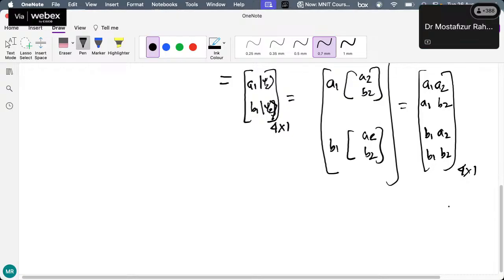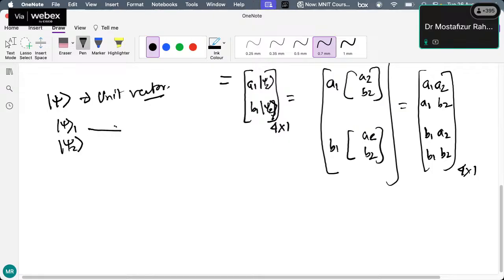Now, of course, we learned it in the state representation form, or the vector representation form of the state, right? So this one is a vector. It's a unit vector, basically a complex unit vector. And we know that if there are two vectors, then we can represent their composite quantum system. If there are two such unit vectors, psi1 and psi2, with dimensions n cross 1 and, say, m cross 1, then I can form a psi1 2 as a composite system with an mn cross 1 dimensional vector, right?